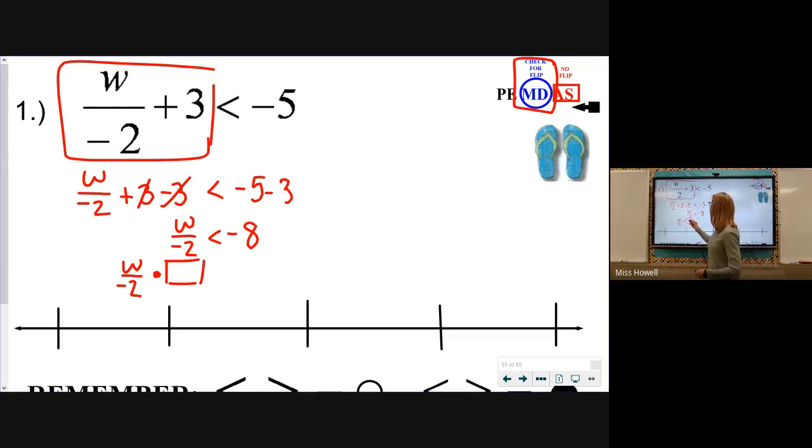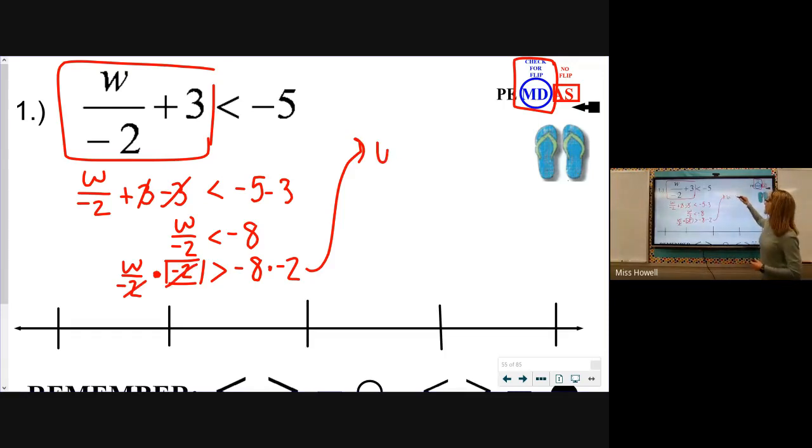Since this is going to be a -2, on the same step, we have to flip this to a greater than. And there's a bunch of us flipping, but not until our answer statement, which would cause this step to actually be incorrect. So be careful. All right, what we do to one side, we got to do the other. So over here with our -8, we also have to multiply by -2. Over here with W, we're going to cross cancel, leaving us with W is every number greater than